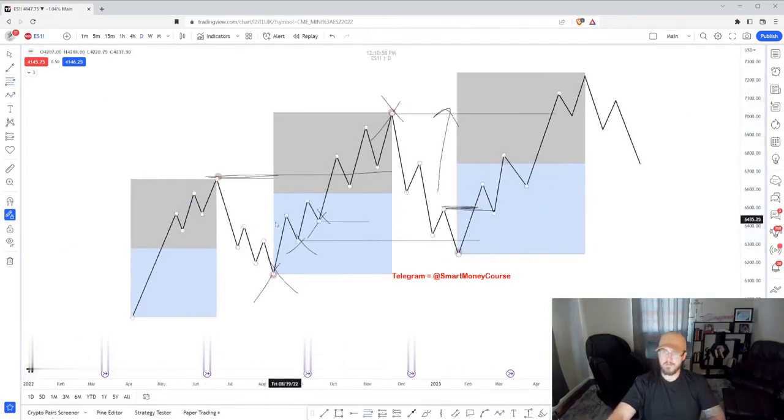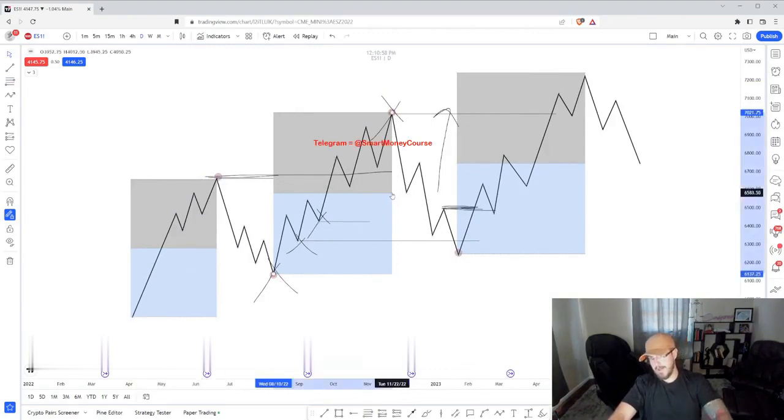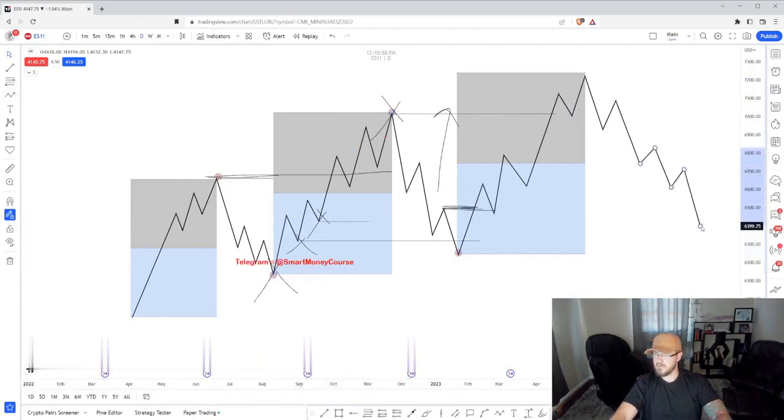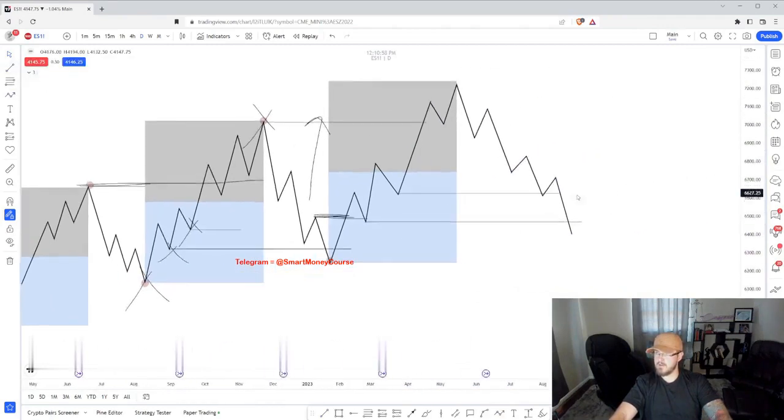After you have to remember, from internal liquidity, here we took out something over here, pushed up, went to external liquidity, and price came back down to a fair market value. Of course it always goes to a discount or premium, but we look for it to come past this level into internal liquidity, into external liquidity. Again, back to fair market value, back to internal liquidity. And then you wait for that shift, because just because this happens doesn't mean you're 100% going to continue up. You wait for,